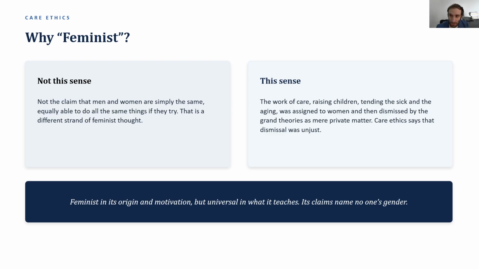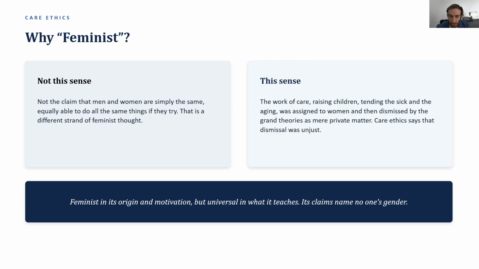Think about whose life had, for most of history, been filled with the work of care, the raising of children, the tending of the sick, the looking after of the aging. That work was largely assigned to women. And notice that this entire sphere of human life was exactly what the grand moral theories tended to wave off as unimportant, mere private, individual matters. So the feminist observation was that the moral world of care had been unfairly dismissed, and that its dismissal ran along the lines of who had been assigned to it. So the word feminist here describes where the theory came from and what unfairness it was reacting against, not the